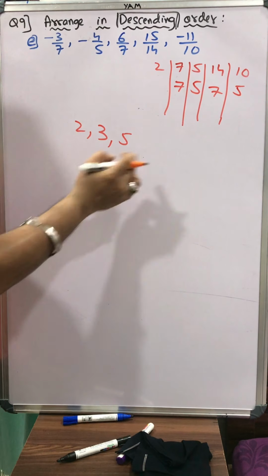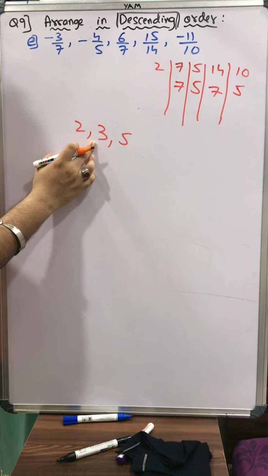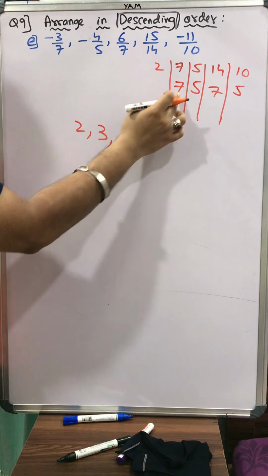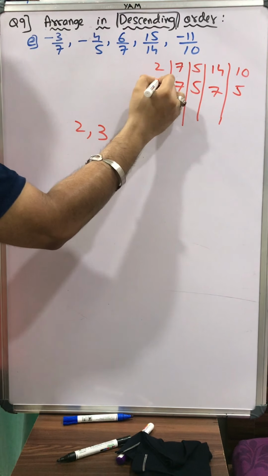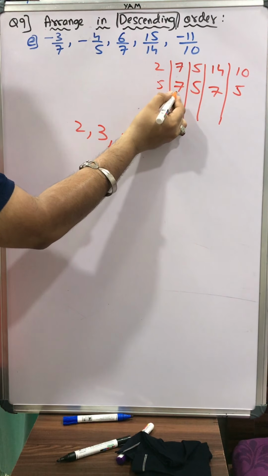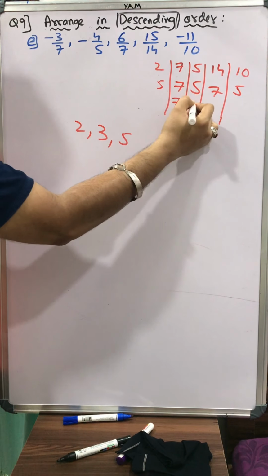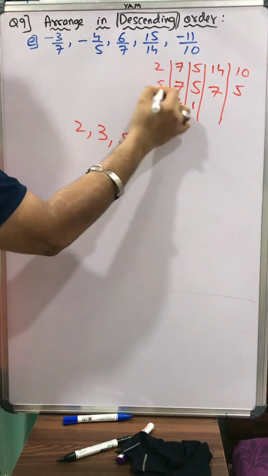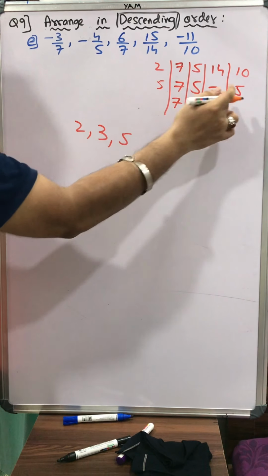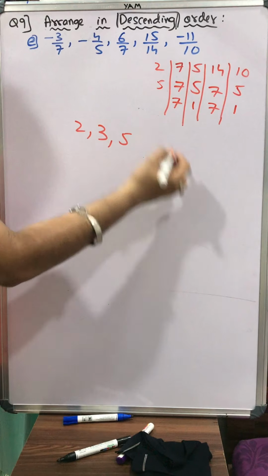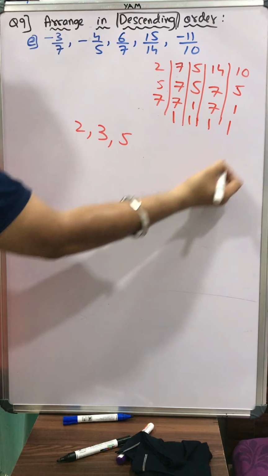Now I don't think this 7, 5, 7, 5 goes in 2. Will they go in 3? No, they don't go in 3 also. Can I start with 5? Yes. So 5. 7 is not going in the 5 times table, so 7 will be copied as it is. 5 1s are 5. Once again 7 is not going, so 7 will be copied as it is. Once again 5 1s are 5. Now I'll take 7. 7 1s are 7. The 2 ones will be copied as it is.